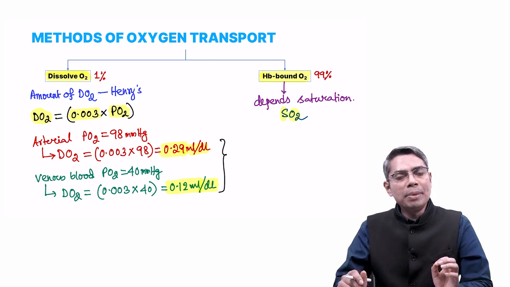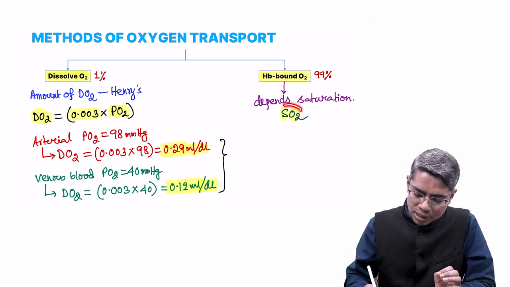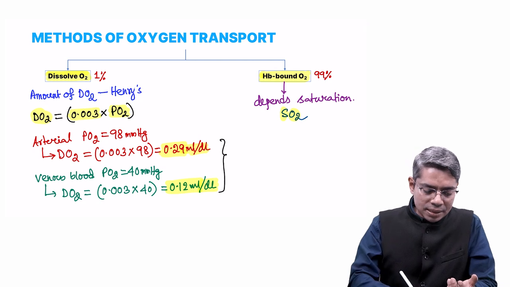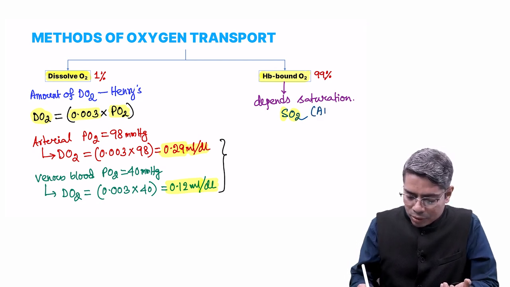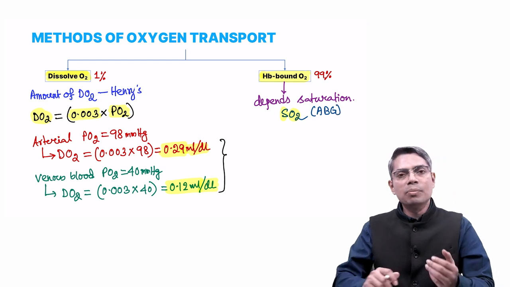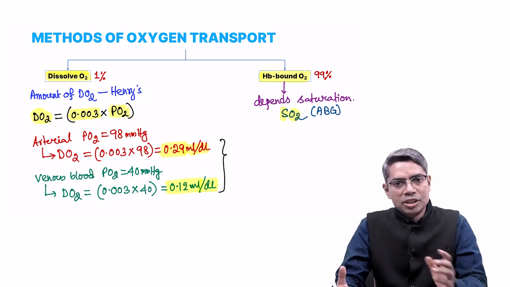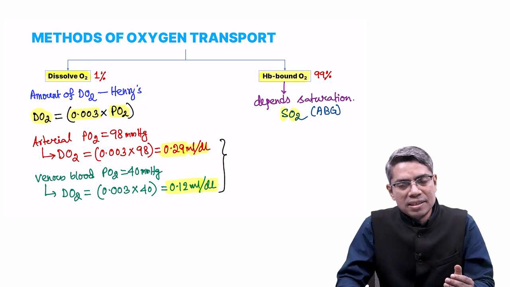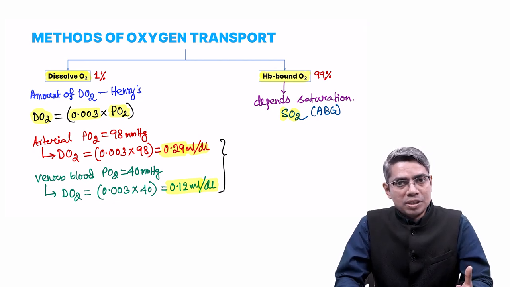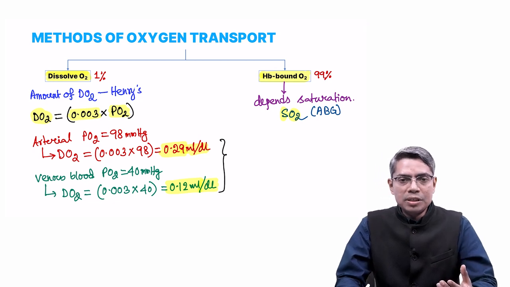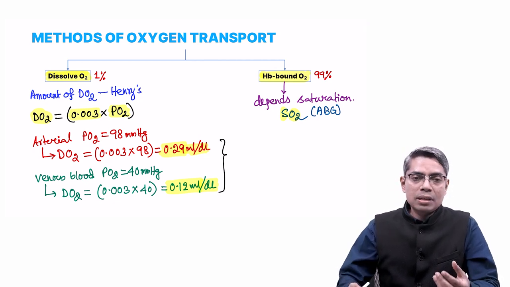Now, how to measure the saturation? The saturation of the hemoglobin can be measured by chemically analyzing the blood, and typically this is done with the equipment known as arterial blood gas analysis. You must have heard that radial arterial blood is collected and given into a machine, and that machine will give you the value of this SO2, the saturation of hemoglobin with oxygen, that is ABG, arterial blood gas analysis. But we have a non-invasive process by which the saturation of the hemoglobin can easily be seen,